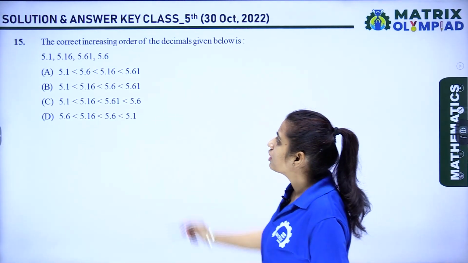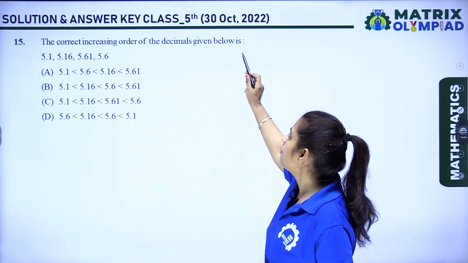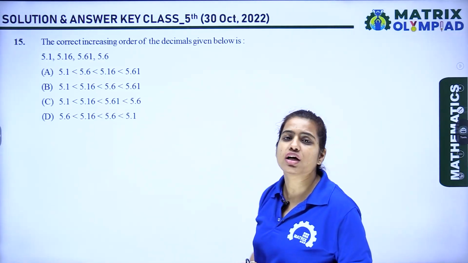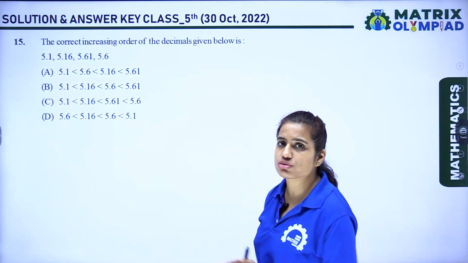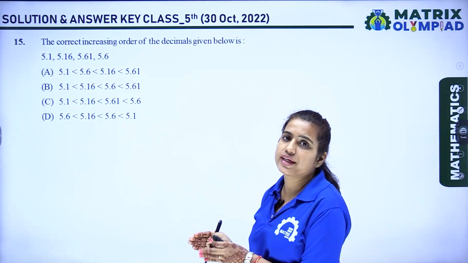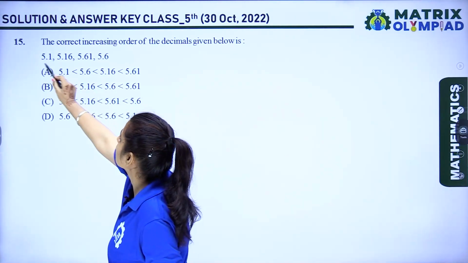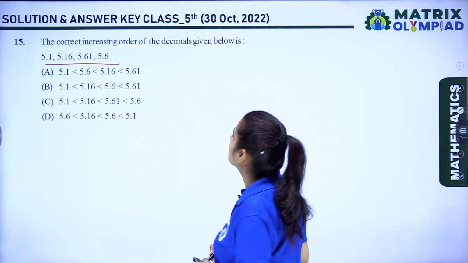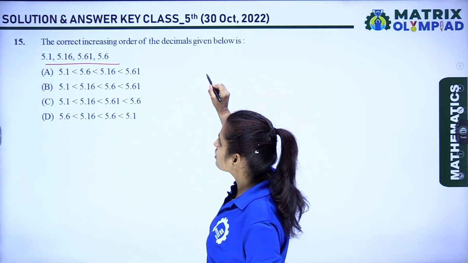Next question is, the correct increasing order of the decimals given below is. We have to find out the increasing order. Increasing order means first we have to take the smallest number, then the greater, then the greatest. Now let's arrange these decimal numbers in the increasing order. So the smallest number is